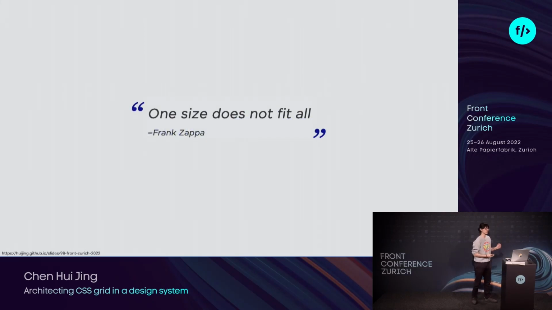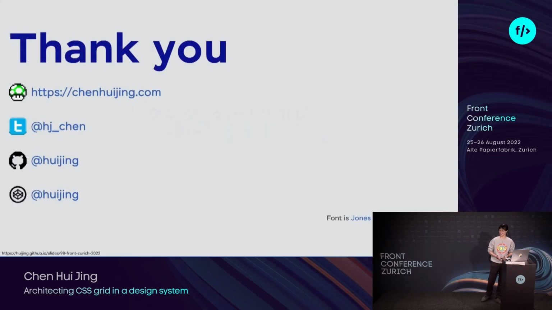So is it possible to use CSS Grid in a large commercial application from a technical perspective? Absolutely yes. Is there a best way to implement it? Well, there will be a best way for your team to do it. There will be a best way for someone else's team to do it, which will be completely different from the best way for my team to do it because of all these factors that I just talked about. So if you ever get the chance to implement CSS Grid in your project, I would love to hear you talk about it or write about it if you can. Because even though your approach is very specific to your situation and your context, it might still inspire someone else who's working on theirs. Thank you very much.